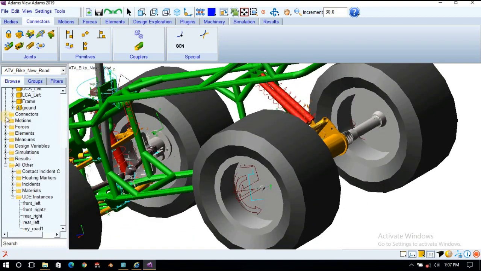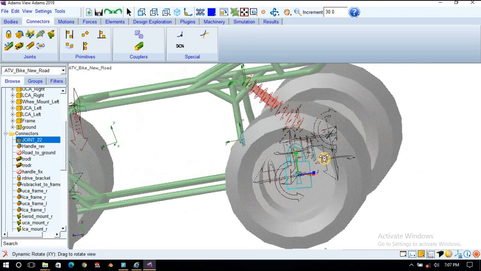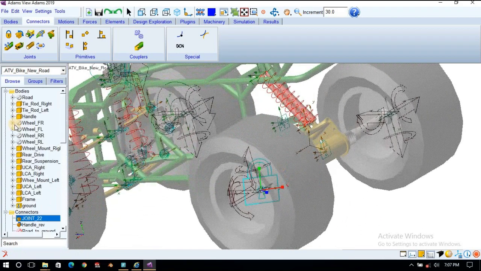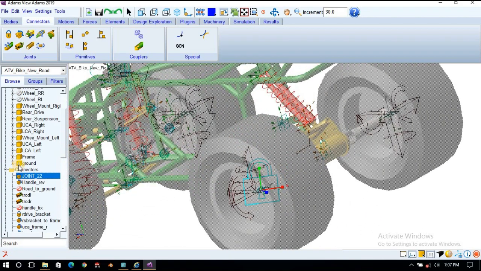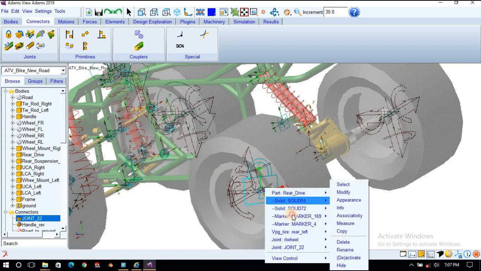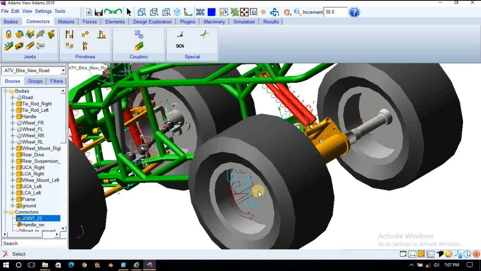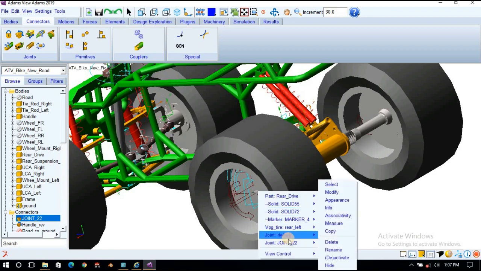Let's explore this connector. So this joint, its orientation is a little bit different, we will modify this marker, modify orientation, we will change its orientation as 90 here, 180, 270, and the second marker also.